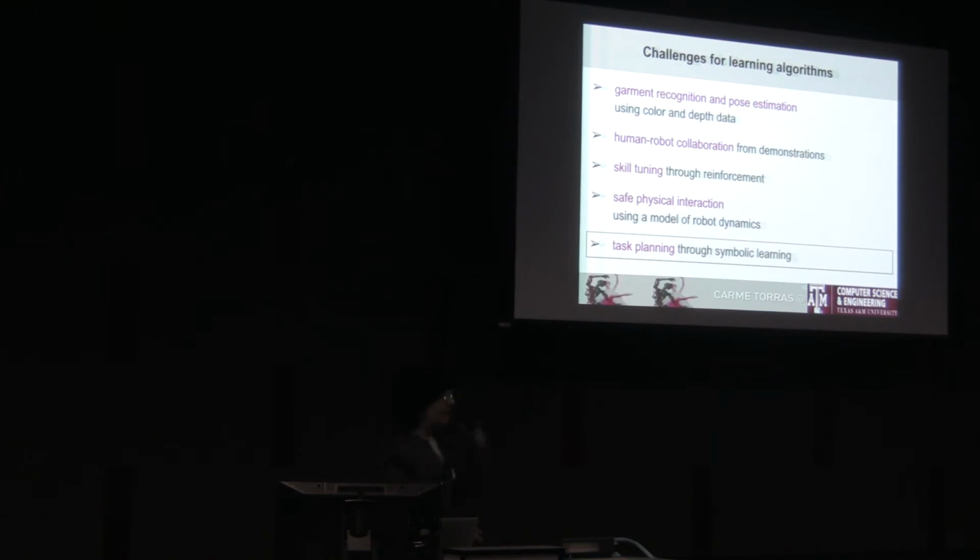So, through learning by demonstration, you can teach a given task to a robot. But when the robot faces a slightly different context or a slightly different task, then some symbolic understanding of what is going on is needed, not just a reproduction of an objective. So another building block in our research program is to carry out task planning